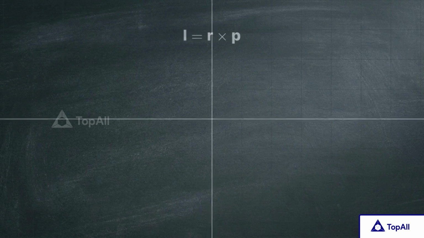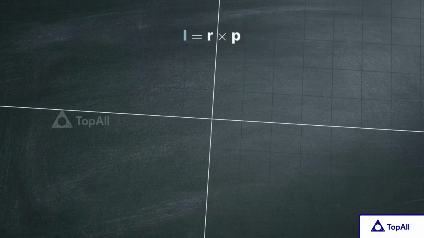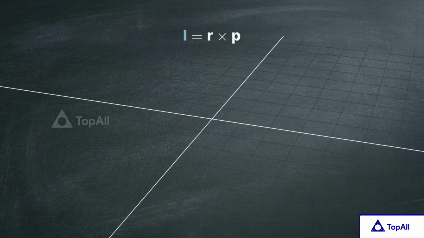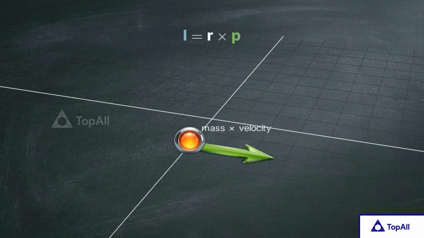This graphic shows the mathematical definition. L equals R cross P. Here, L stands for angular momentum, and the cross signifies a vector cross product. A cross product is a mathematical operation that multiplies two directional arrows to produce a third arrow perpendicular to both. The P represents linear momentum. That is simply the particle's mass multiplied by its constant velocity. The R is the position vector. It is an arrow connecting our chosen origin point directly to wherever the particle happens to be at that exact